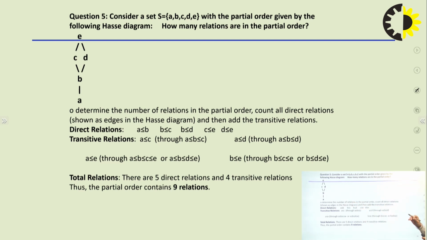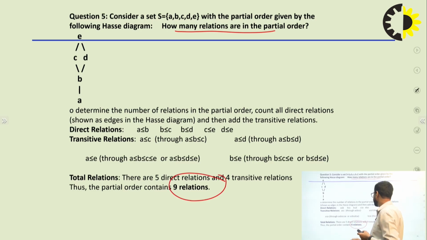So totally, how many relations are in the given partial relation? When we count, a total of 9 relations are mentioned, where 5 are direct. That means A to B, B to C, B to D, C to E and D to E. These are the 5 direct relations given, and 4 are transitive relations, that means